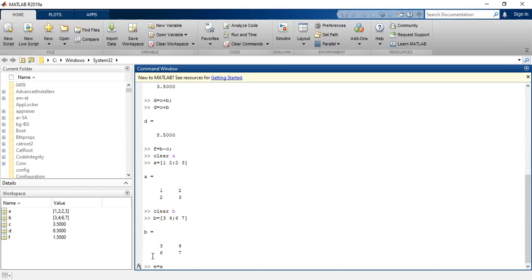So the command which I'll use is A dot star B. See, this is element by element multiplication of vector A and vector B, done with this particular command. Okay.